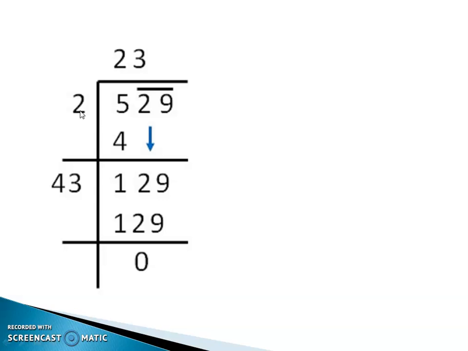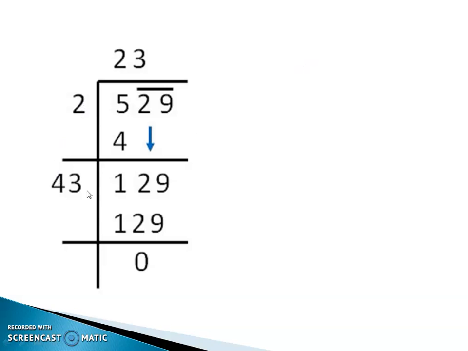The number which you write here and at the top should be same. Students, make sure that the number which you write here and the first number which you write at the top should be same. I'm telling you again, it should be same. So, 2 into 2, 4. Subtract 5 minus 4, 1. Bringing the second pair down, 29. So, which is the number you got here? 129. Now, 2 plus 2, 4.